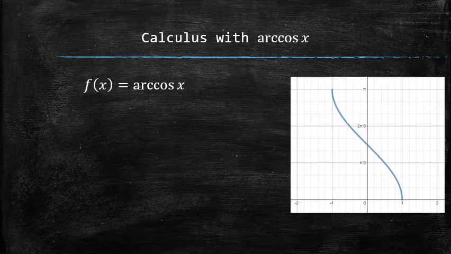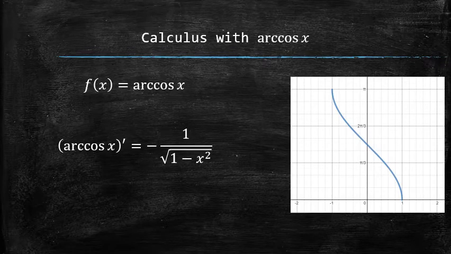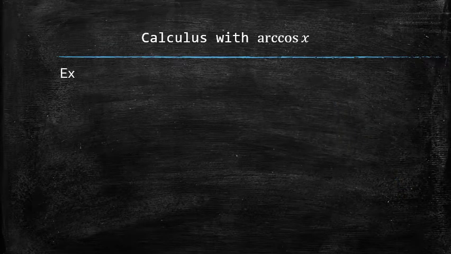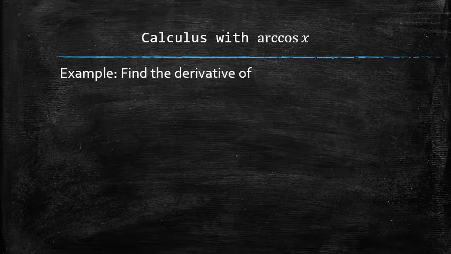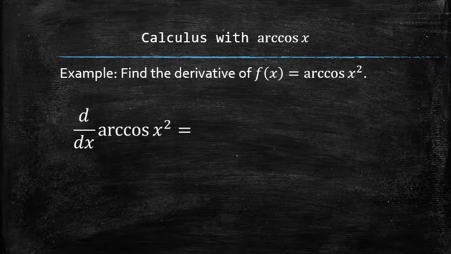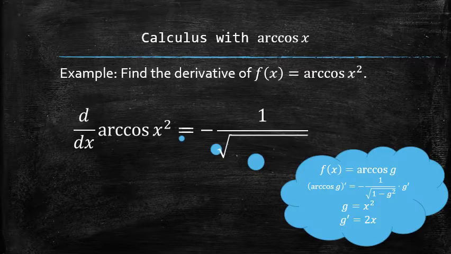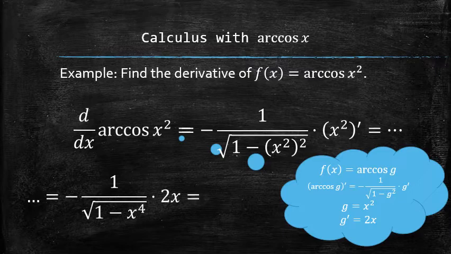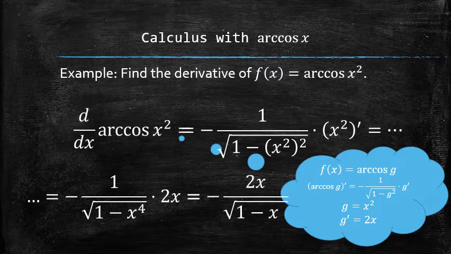In summary, we now have the formula for the derivative of the arccosine function, as well as the formula for the antiderivative of its derivative. Now we can find the derivative of the following function. We start the process by recognizing that we have to find the derivative of a composition of arccosine function applied to the square function, which is equal to the following expression in which we know how to find all the components. We get the final answer after simplifying.